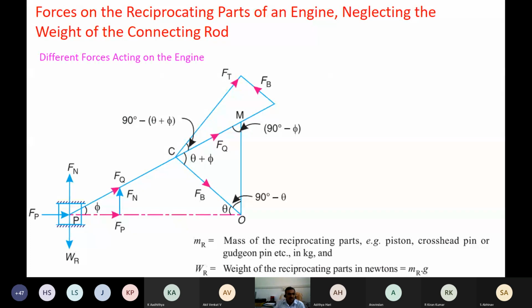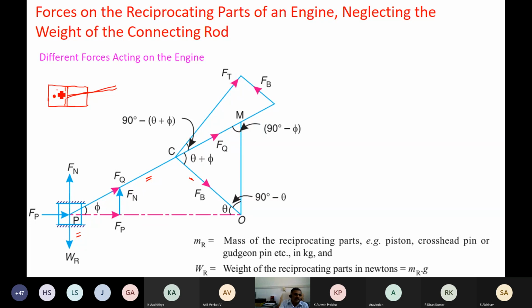Now see here, this is a cylindrical mechanism. You can see the piston. This is a piston. This is a connecting rod. This is a crank. As I told earlier, so cylinder is like this. This is a cylinder. This is a piston. So here we have the connecting rod. So here the combustion takes place.